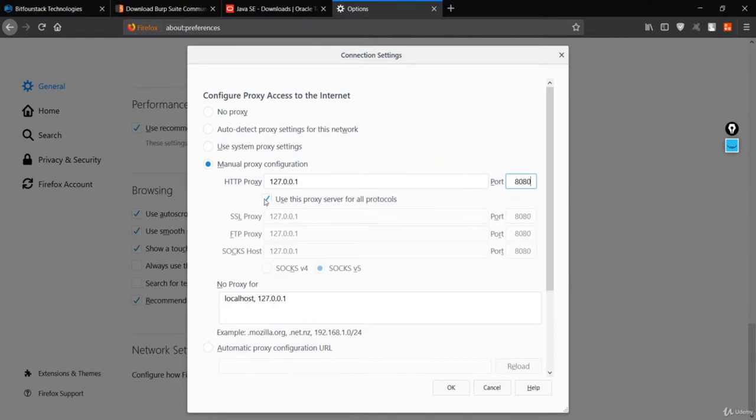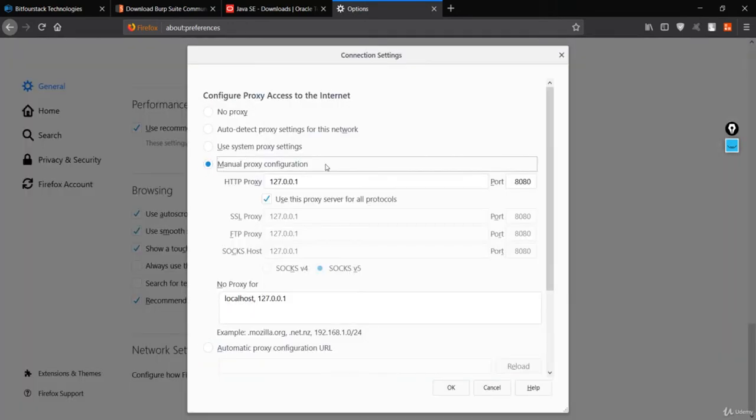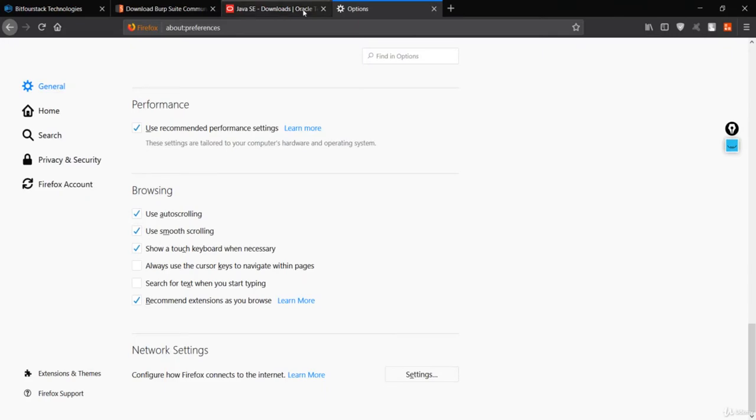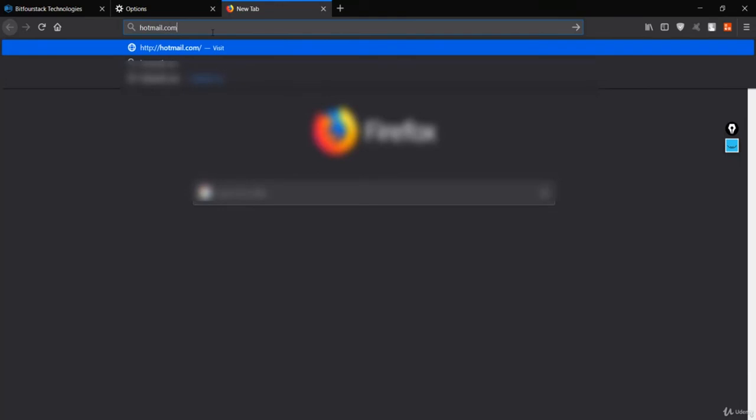And I'll just click this, use this proxy server for all the protocols, and when you press OK, you will get this manual proxy now. After you download this, if you go to websites like, let me say, hotmail.com,